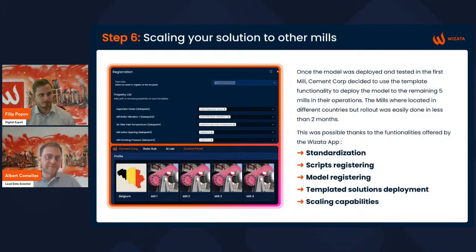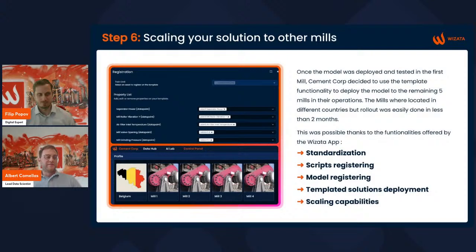Without Wisata, you would need to manage all these steps of the deployment and scaling manually, which would be deciding on how to connect to the data source, define the input and output, and in which format you interact with them, the version control of your code, the containerizing of your solution, the deployment to the target environment, Python environments, the performance to execute the solution, the triggering system, configuration files. So all these for each deployment.